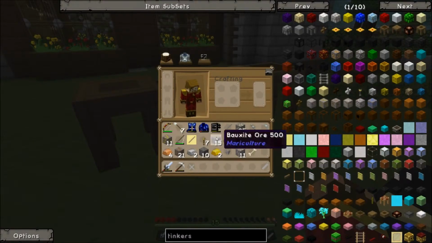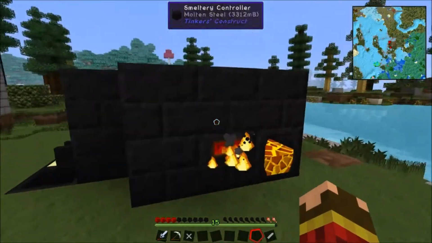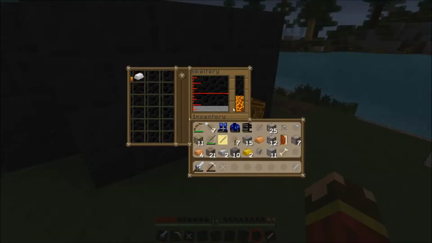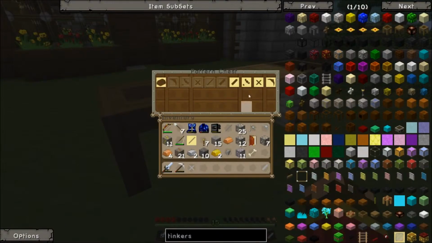So now I've just made those ingots from the steel, from the smeltery. So the smeltery doubles all your ores. There are better ways to do it, but this is a quick fire way of doing it, which is very, very easy and convenient. Plus it casts all your tools for you. So the first thing we're going to make